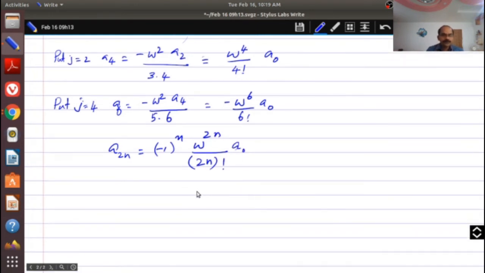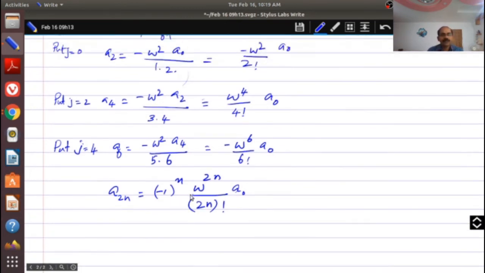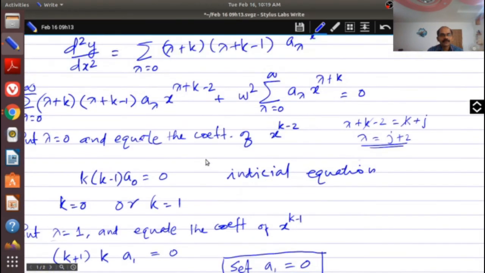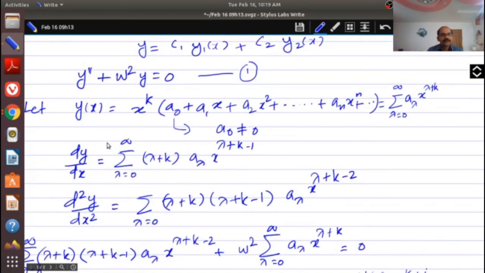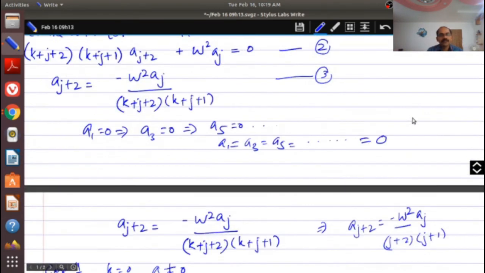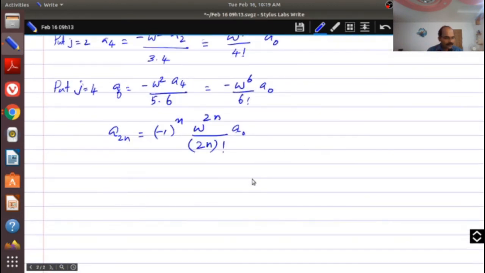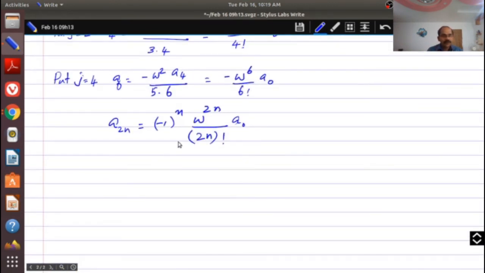So you got an expression for a to n. But see, what are we looking for in the original equation? We have assumed that y of x is equal to a lambda x raised to lambda plus k. If you get an expression for a lambda, the rest is known, except for the k. So all we are looking for basically is a lambda, and then we will see what is going to happen. Now, using that, a to n is known,